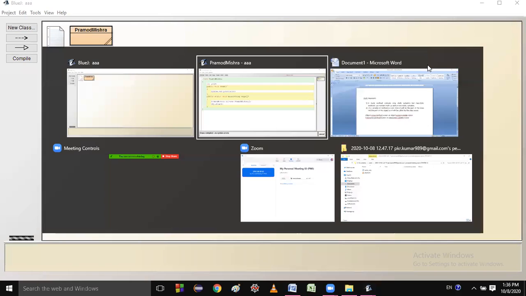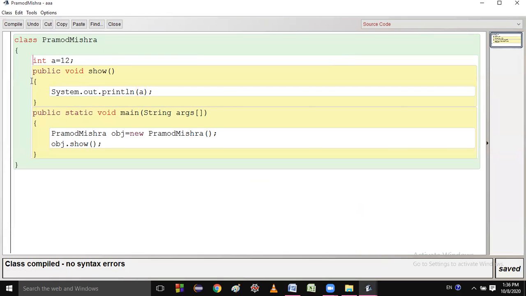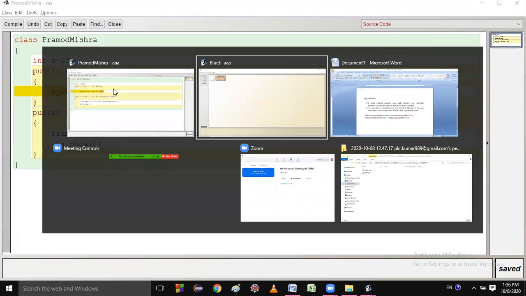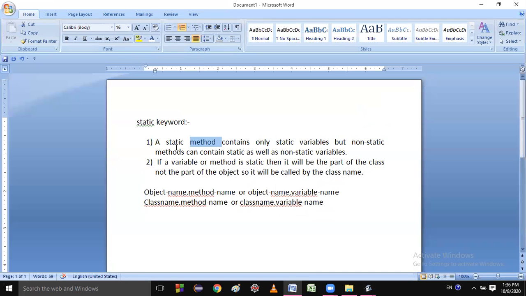But students, if I make this method static and this variable non-static, you can see there is an error: non-static variable a cannot be referenced from a static context. That means a static method can contain only a static variable. My first condition is satisfied.